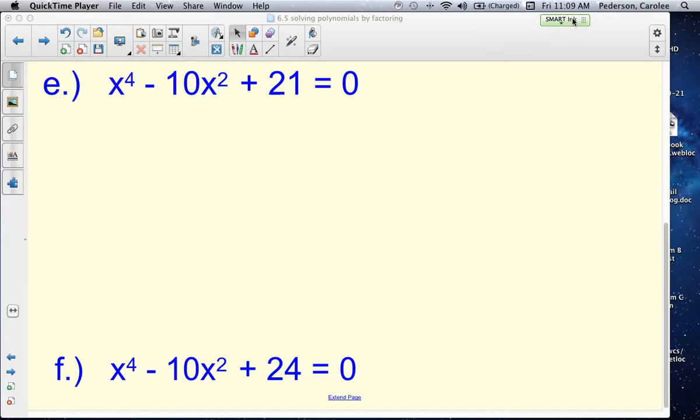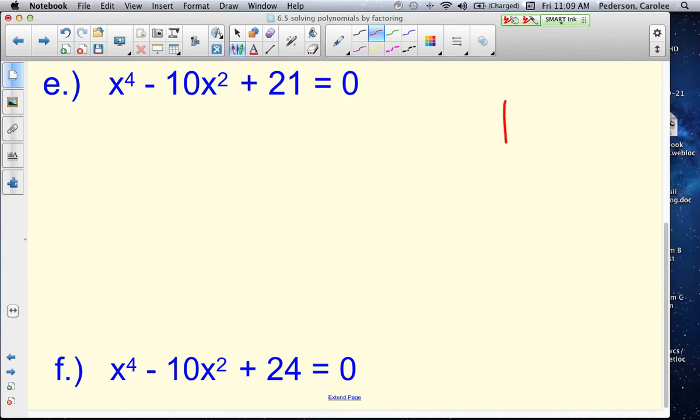This is 6.5, day 1, part 2. We've just done a few problems already where we're solving for the roots or the zeros or the x-intercepts of the function. So we have another example. This one I'd say you might want to listen, and then we have one left, question F. So we want to use that chart method again. So we say, what are the factors